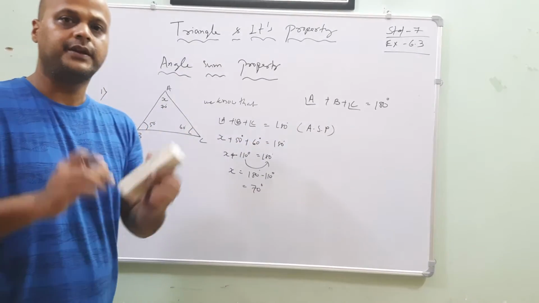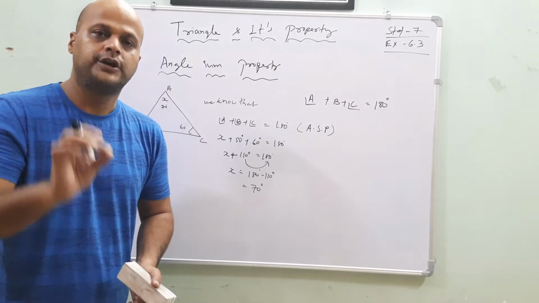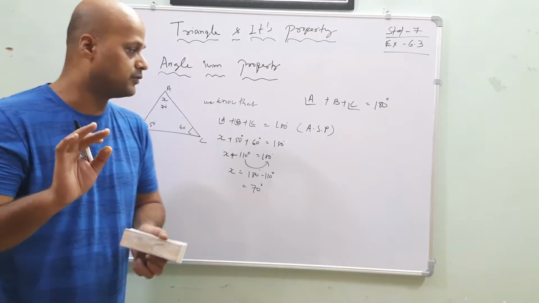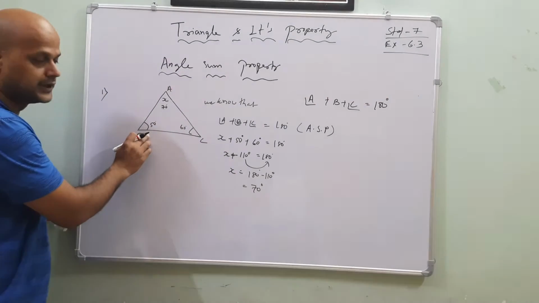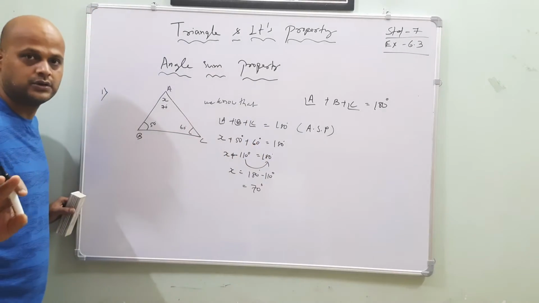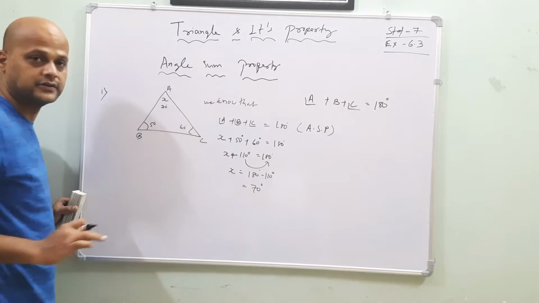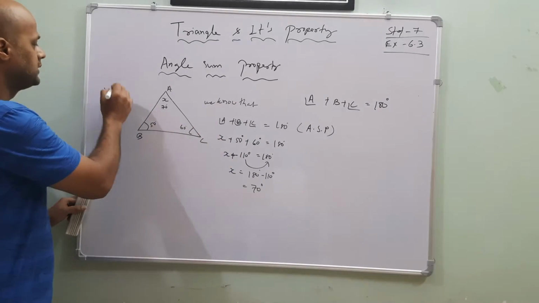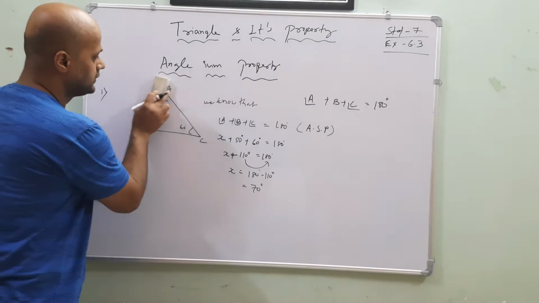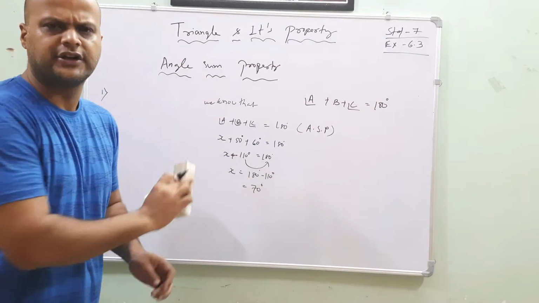Okay? Here the important thing is what? Put the value of each angle in the correct position so that you will find it. What is the meaning? Here angle B is 50 degrees, but if I write angle C is equal to 50 degrees, it is wrong. Angle B is how much? Just study the figure and write down the values. Okay? So this is the first one. What is the second one? Let's go for it. I will keep it as it is so that I don't write more things.